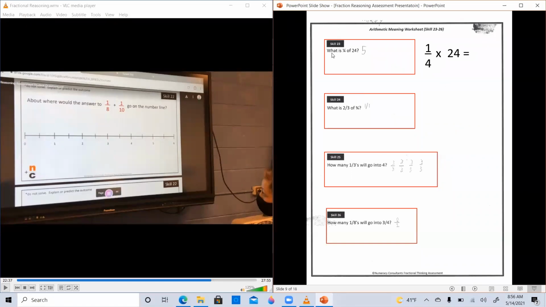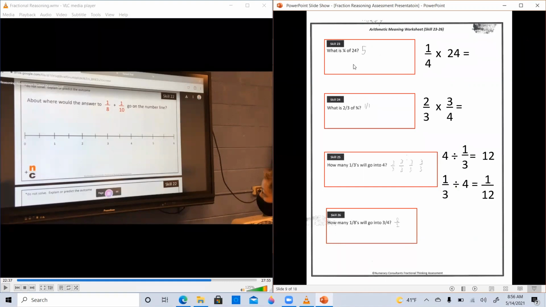Okay. So he didn't really show any work, but he said 1/4 of 24 is 5. Okay. For the next one, what is 2/3 of 3/4? And he put 1/1. So not really sure what his thinking was, but we know that he's just not ready for this. Now for skill 25 and 26, this is even a deeper look at it,